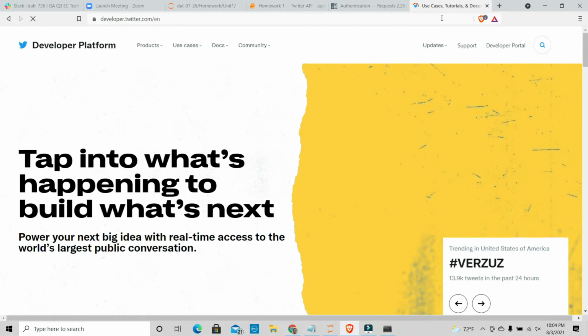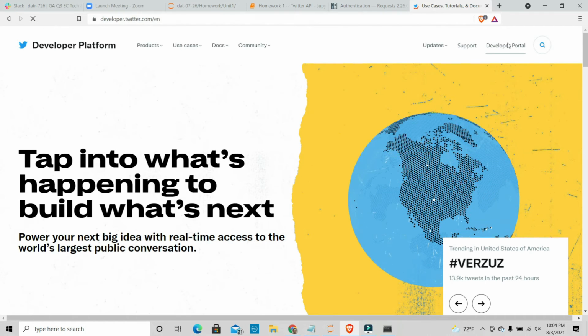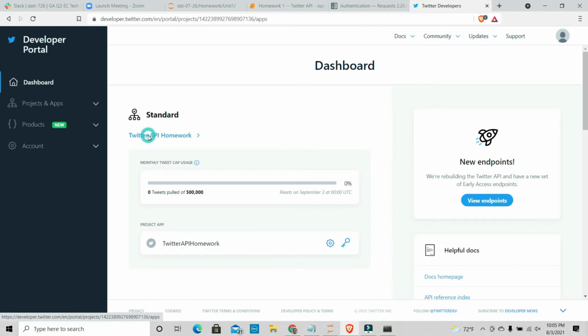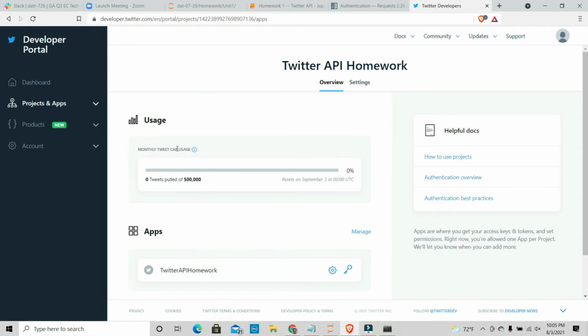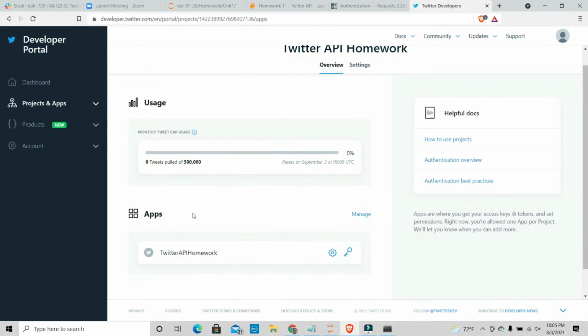it's the same thing. Ideally, you want to be able to save all these details when you open up your Twitter account. If for whatever reason you forget them, it's easy enough to just recreate them again. Over here to the Twitter API homework. And so, big thing,